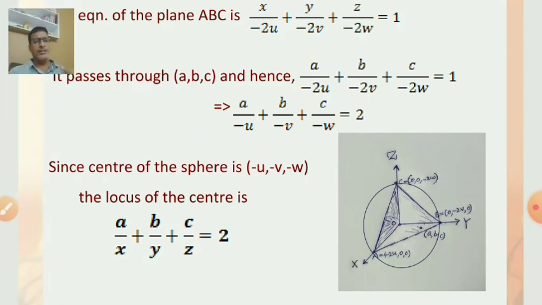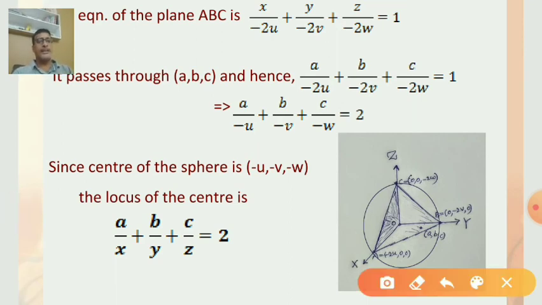Here I want to say something to you. Whenever you want to find the locus of some point, after getting some relation, you have to replace that point with x, y, z to obtain the locus of that point. Once again, if you want to find the locus of some point, you may have assumed that point in any way. Whenever you have obtained a relation, finally you have to replace that point with x, y, z. Then you will get the locus of that point.